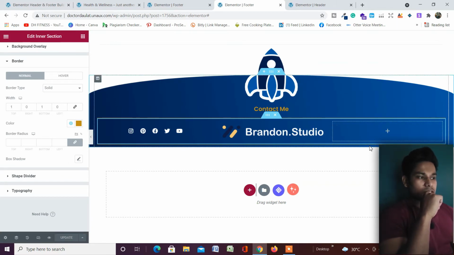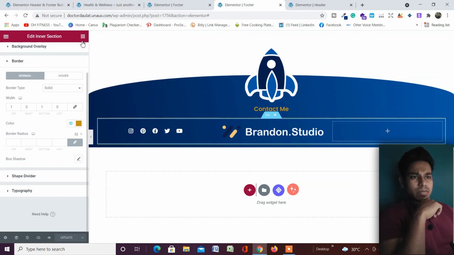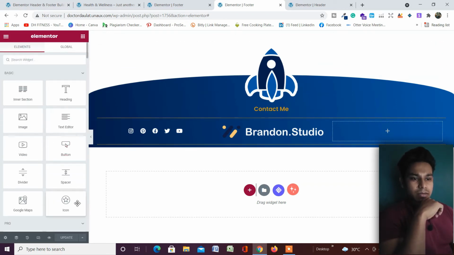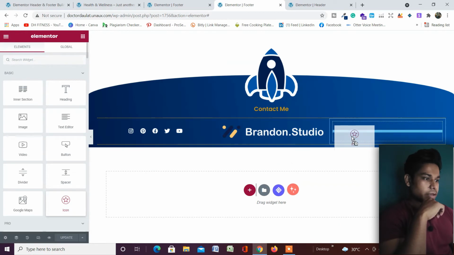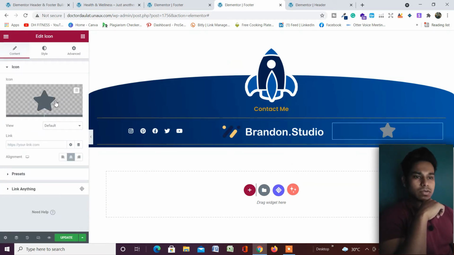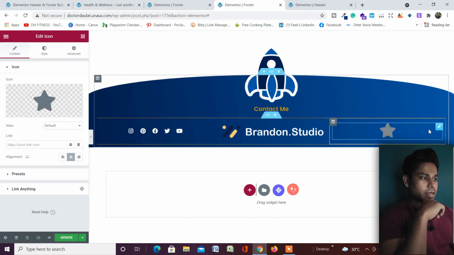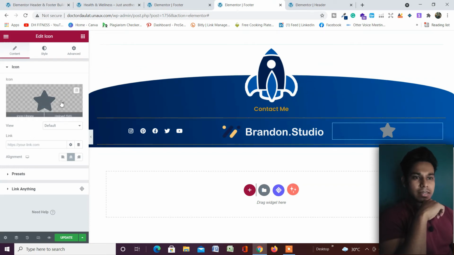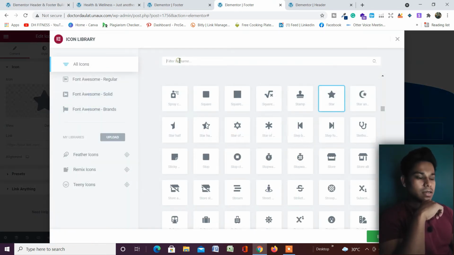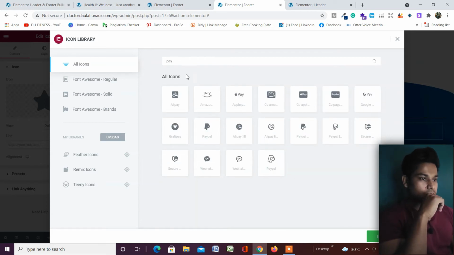So now here we have to display the payment system. So simply we'll go here and we'll look for icon box, this one. So simply bring it and leave it up here. So first duplicate this section. Now let's design this part also. So first we're going to add PayPal. So first we add this, Apple Pay,